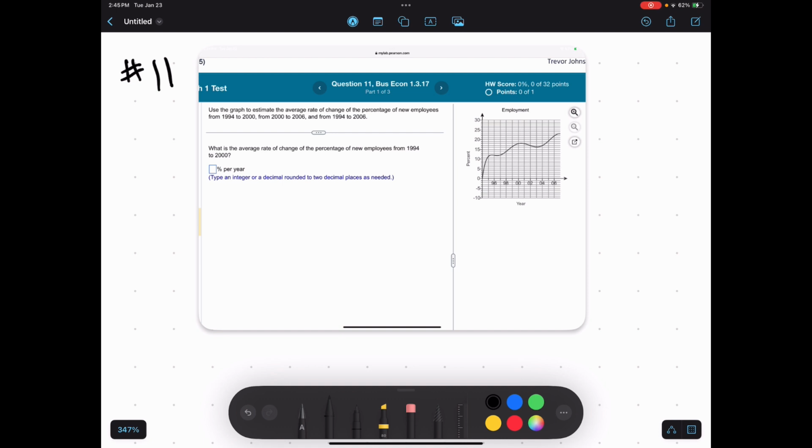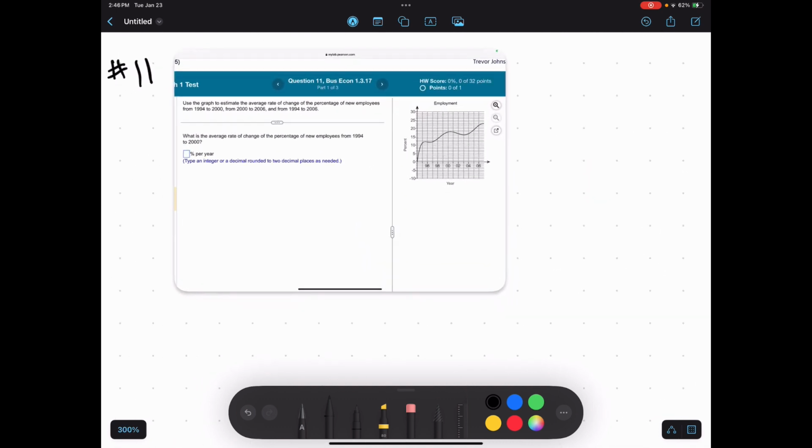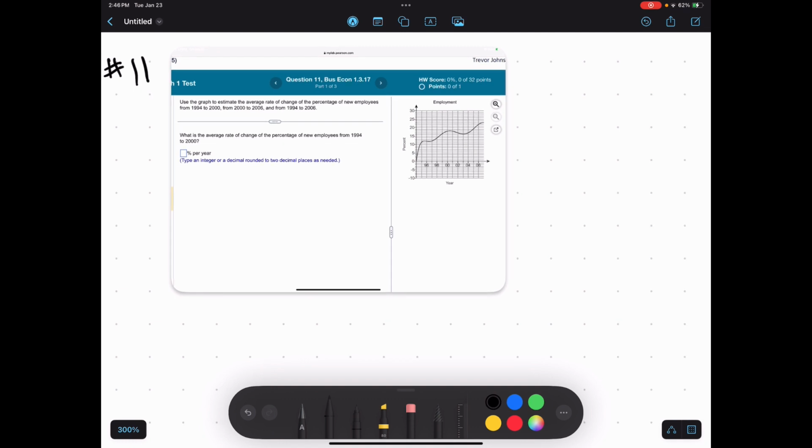Okay, but this will also be a good reminder of how average rate of change works. To just put it simply, we're going to use the graph to estimate the average rate of change from 1994 to 2000, 2000 to 2006, and then 1994 to 2006. Okay. Well, that means, right? So let's just think about my average rate of change formula. My average rate of change formula is change in Y